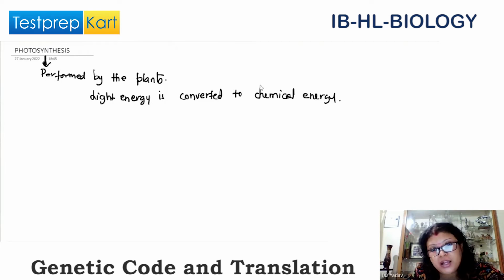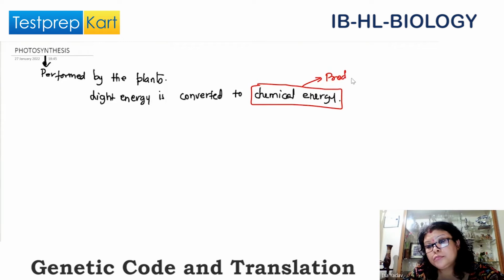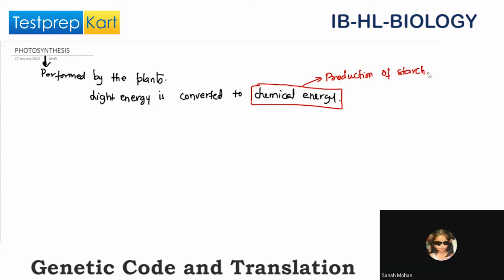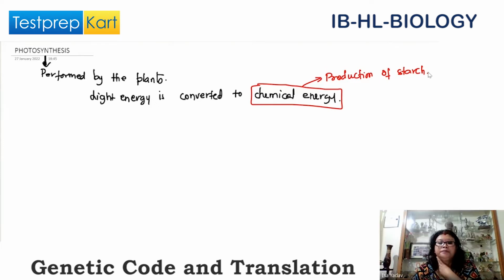So this chemical energy is basically the formation or production of starch. Clear? Yes. Which is the food of the plant. Okay. Photosynthesis. So if we talk about photosynthesis,